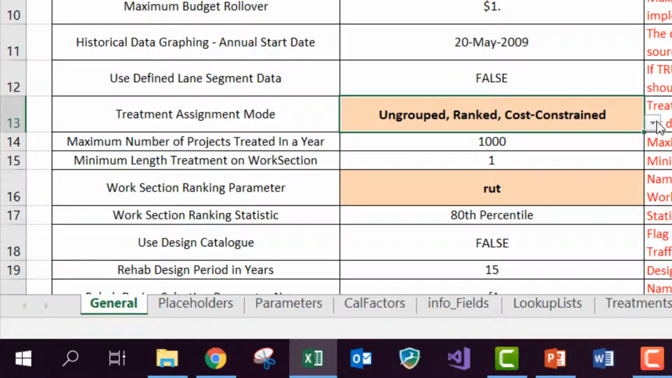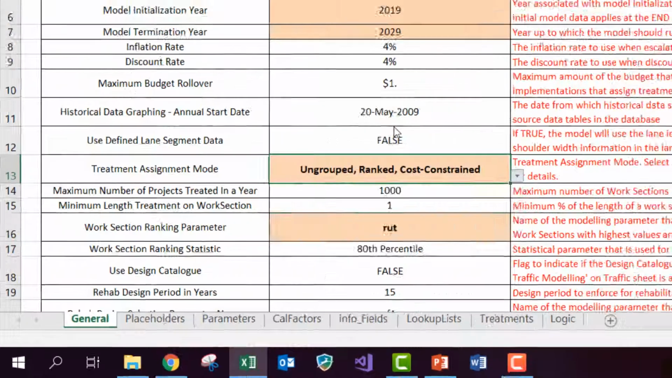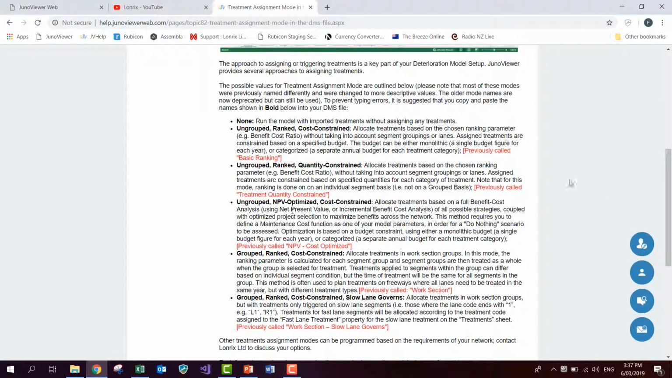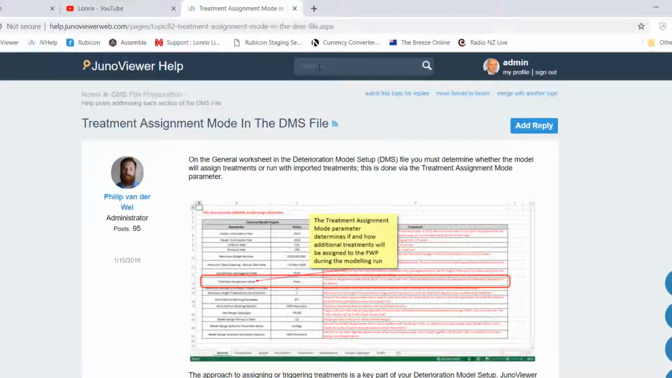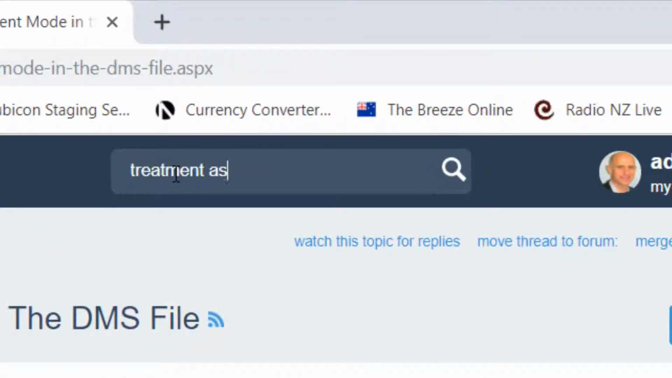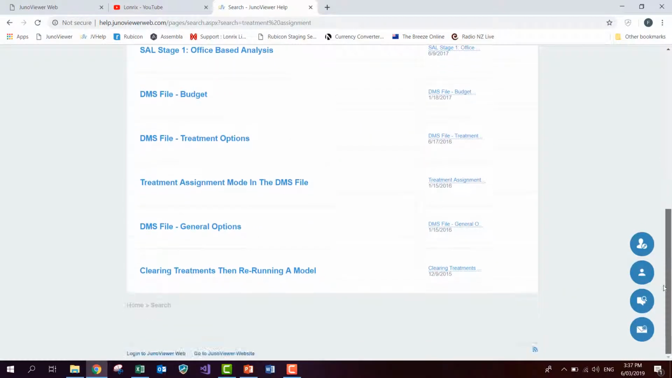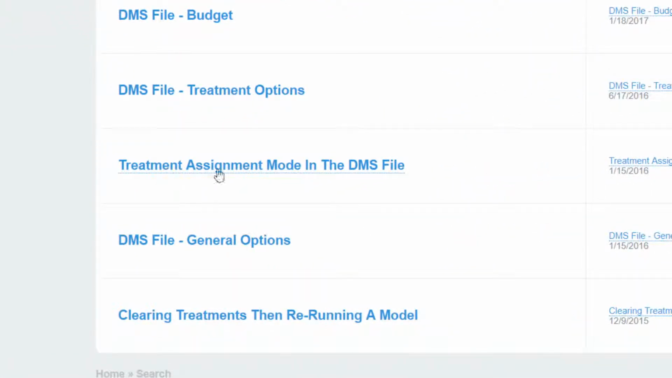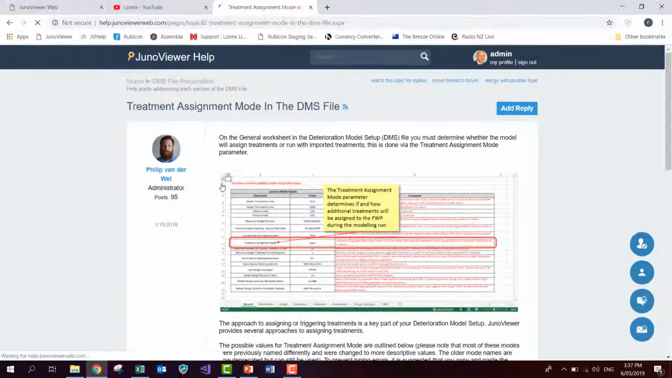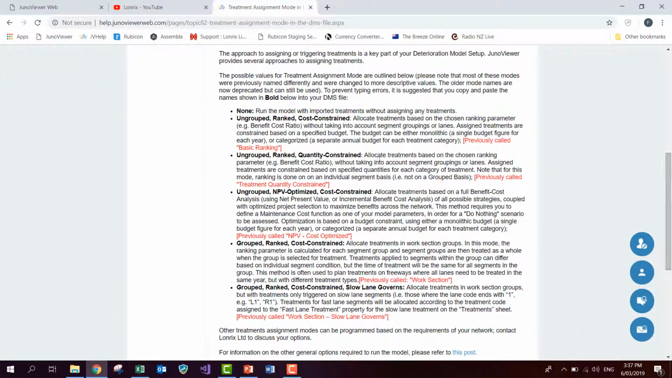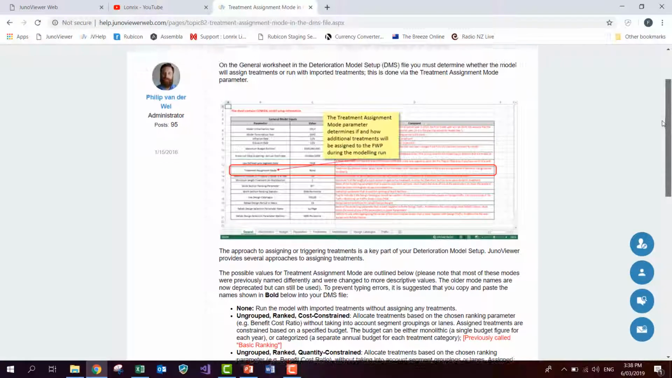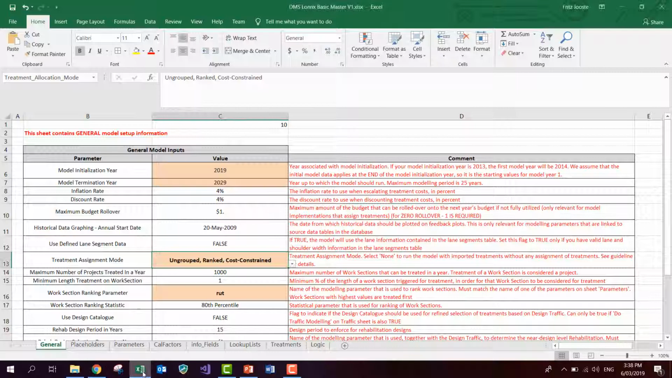Now, just a word on these different model types that you find in this drop-down. If you go to the JunoViewer help forum and type in treatment assignment, then you will find in these help posts, towards the bottom, a help post called treatment assignment mode in the DMS file. If you open that up, you will see a more detailed description of how each of these different model types works. And so that's just a good reference to take note of. So going back to the DMS file,